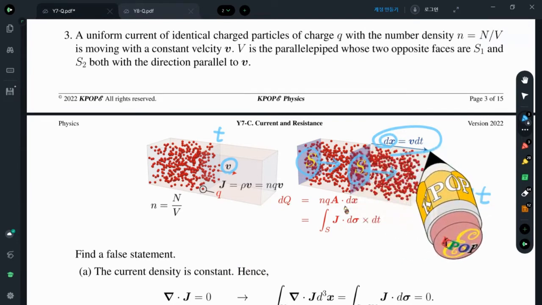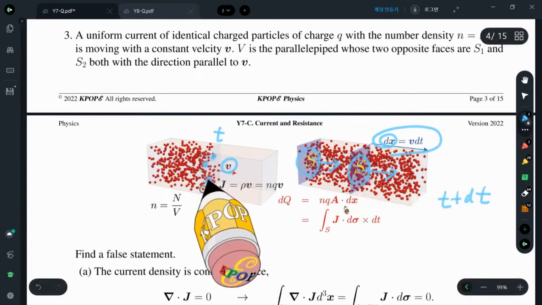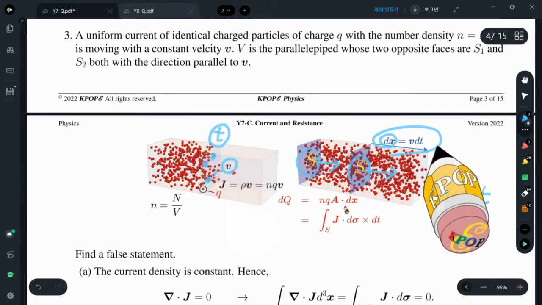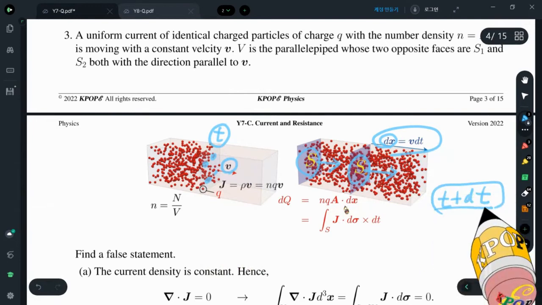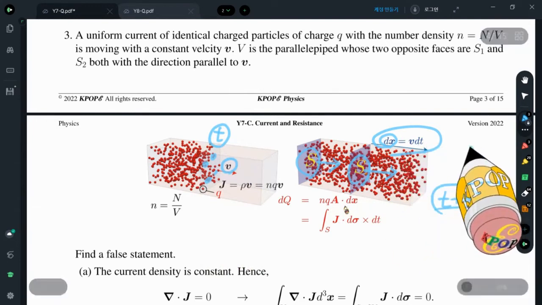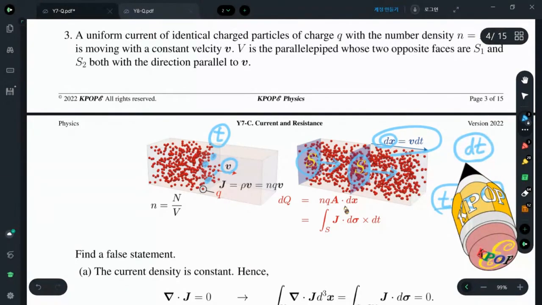This is the displacement of charge that used to be there at t, and this is t plus dt. During this infinitesimal time interval,